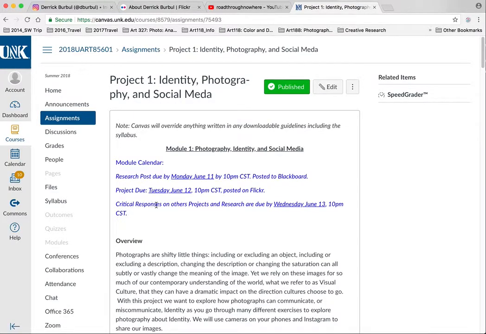And that is, here's your critical responses. So with the critical responses, after people post their projects and then they connect those projects to Canvas, I would like you to critique the person before and the person who posts after you on Canvas. And then give them some critical input. Look at their work and what are some of your thoughts? What are they doing well? What could they work on? How are they connecting it to visual culture? How do you see it related to the things that we're discussing? All right, so there's the